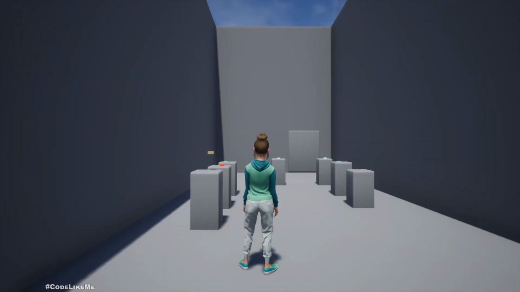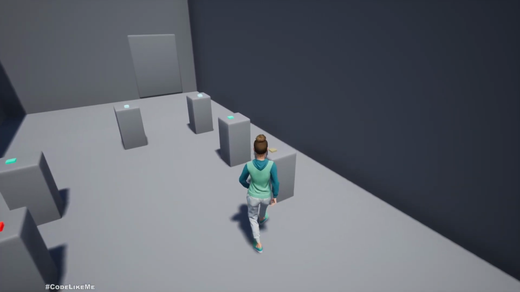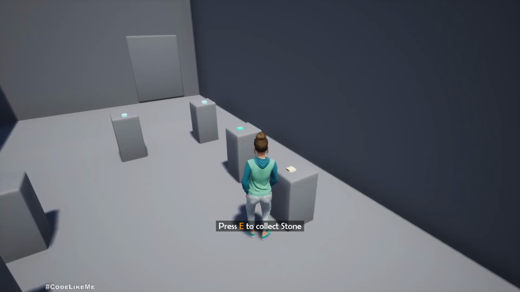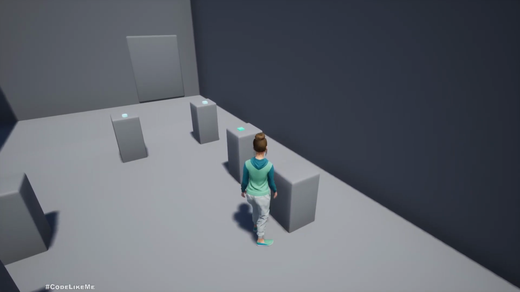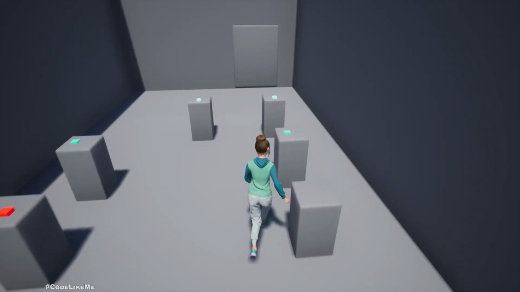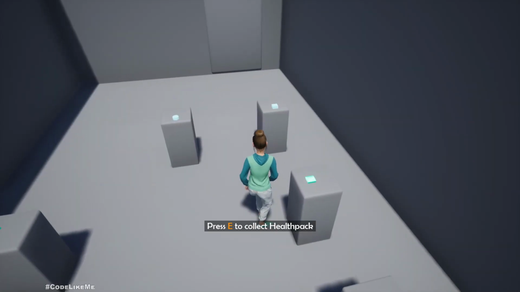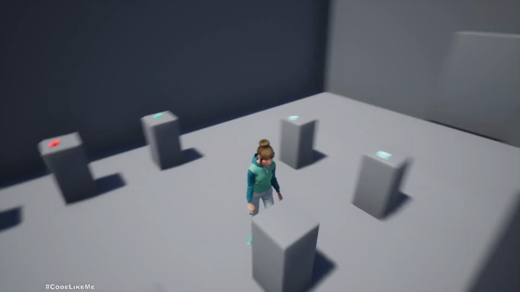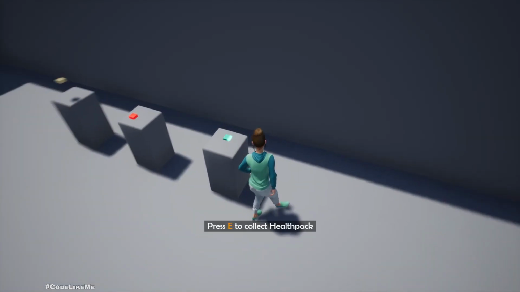Hello everyone. So today we are going to work on how to move the hand when the character tries to pick up some object, how to move the hand to that specific location dynamically. So for example here this object is on the table and see, the character's hand goes to the exact position, and here the height of the table is a bit different, but still the hand goes there. And similarly here as well,